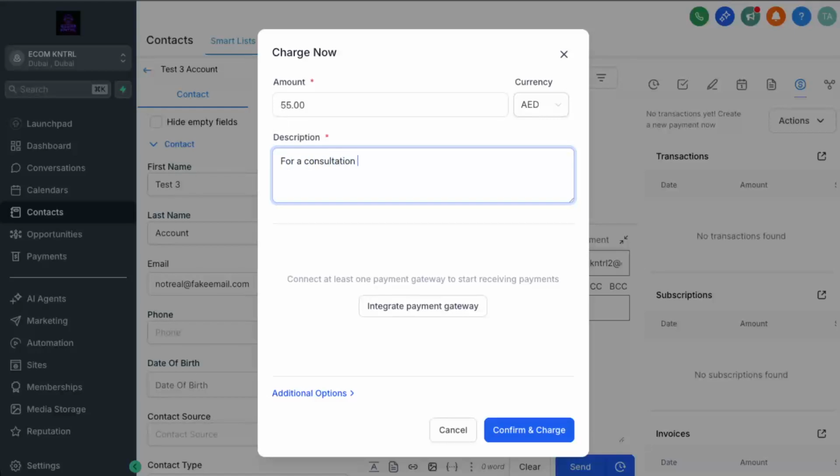A good description helps both you and your client understand what the payment is for when you look back at your records later. Once everything looks correct, click on Confirm and Charge. GoHighLevel will process the payment using the contact's payment details, and you should see a confirmation that the charge was successful. That's how you collect payments directly from the contact